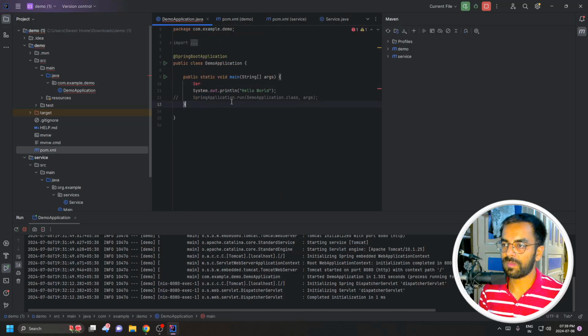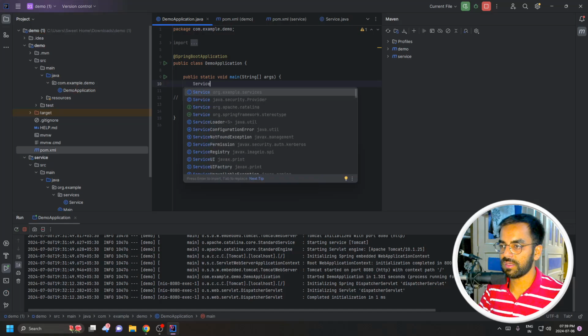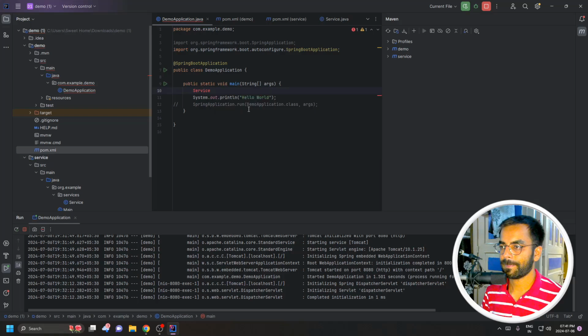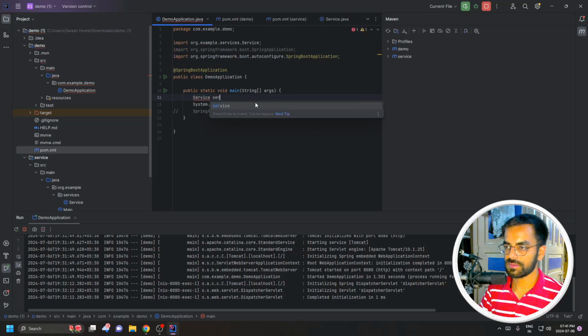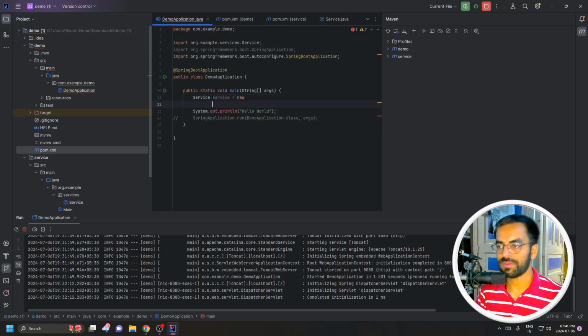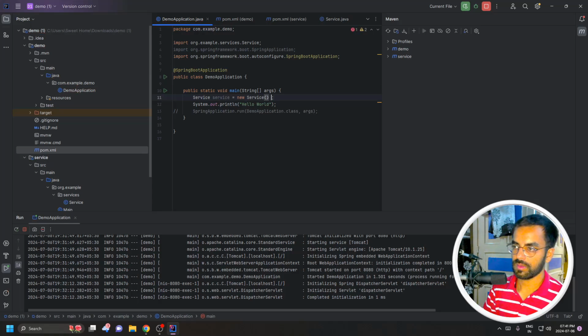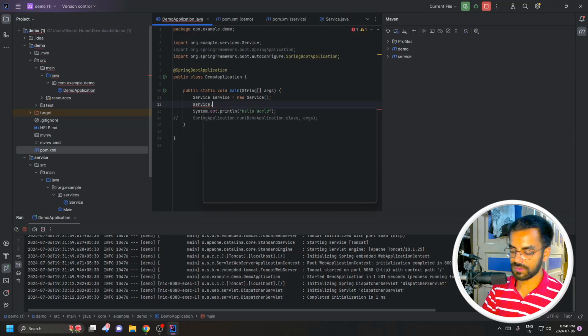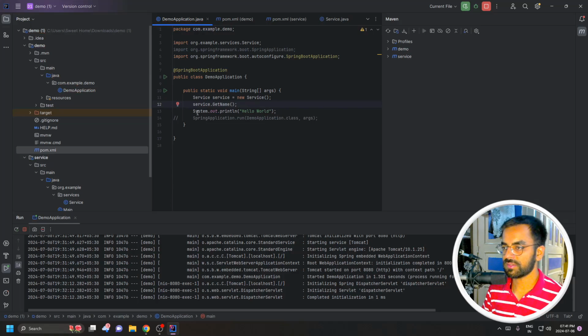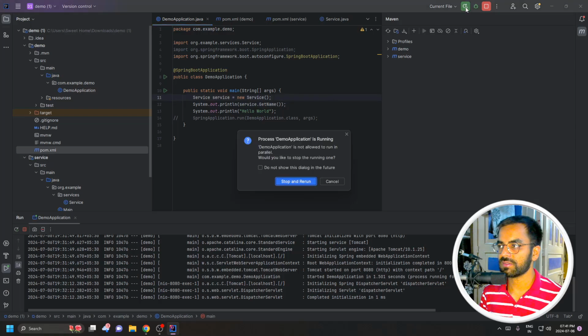Now coming back to the demo application, wherein we want to invoke this service. We'll type service again, and call the namespace here, services.Service, and we are creating a new object of the service so that we can call the method. And here we have service.getName, and I'll put this inside of System.out.println so that we can see whether it is returning the expected output or not. Once we save it, if you now run the application,